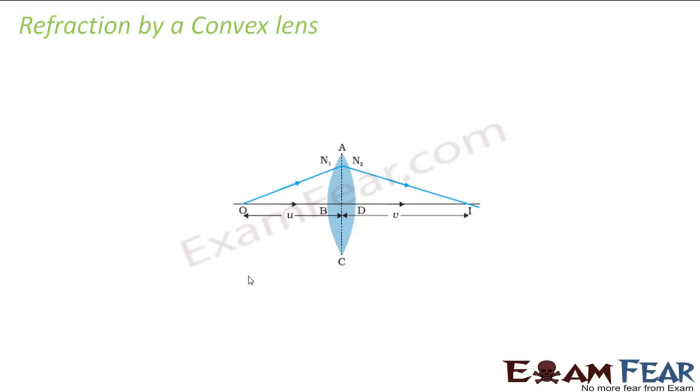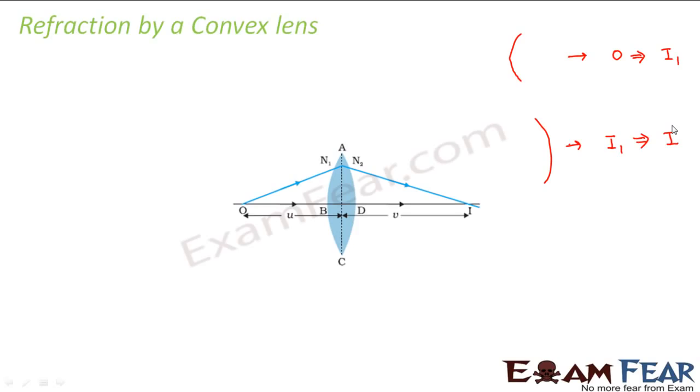What exactly happens inside the lens, because the lens is nothing but a combination of two spherical surfaces. So what we will do is split this lens into the two spherical surfaces of which it is made up. For the first surface, the object is O and it forms an image, let us say I1. Now this image I1 will act as an object for the second spherical surface, and this will then form the final image I. That is how it actually works.